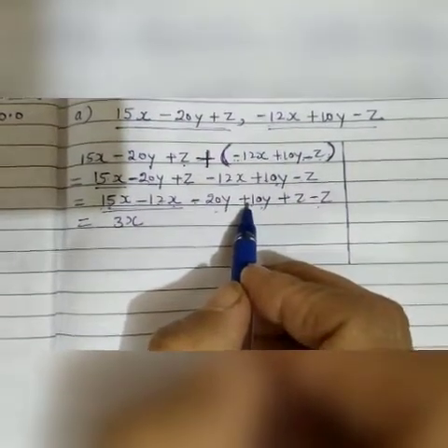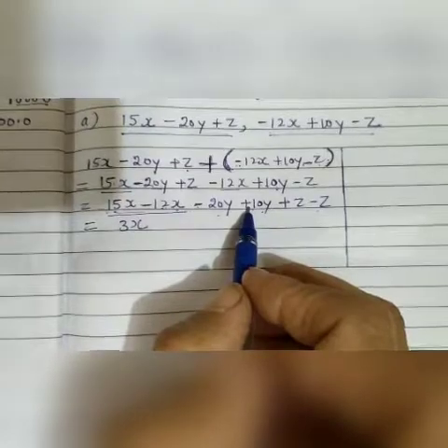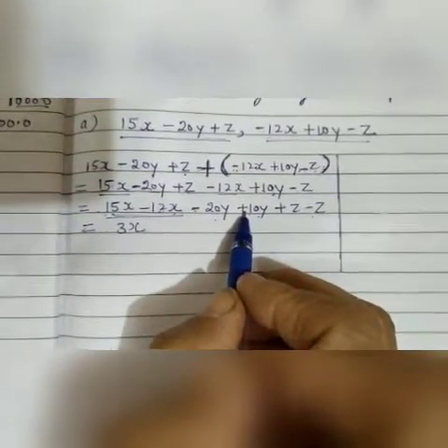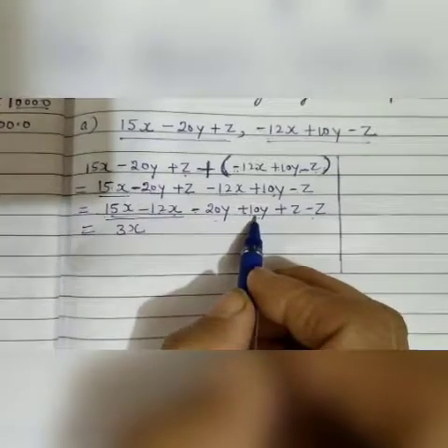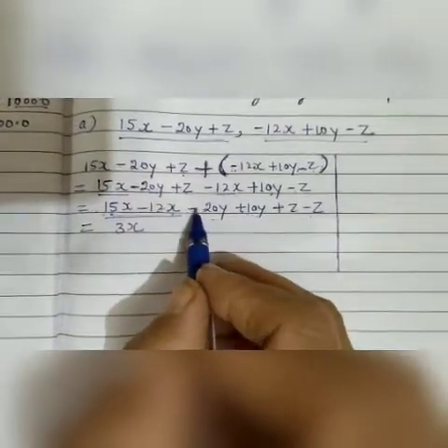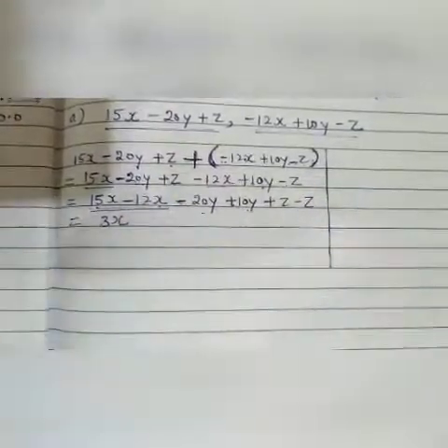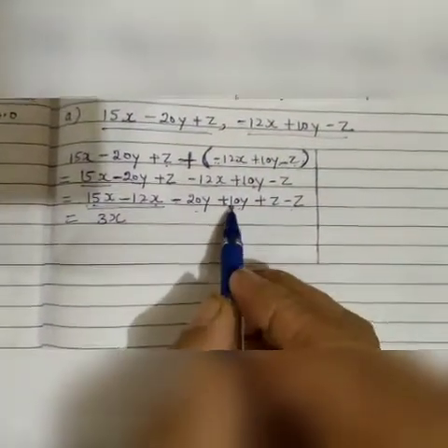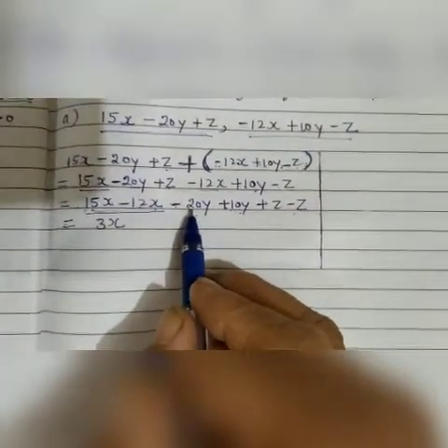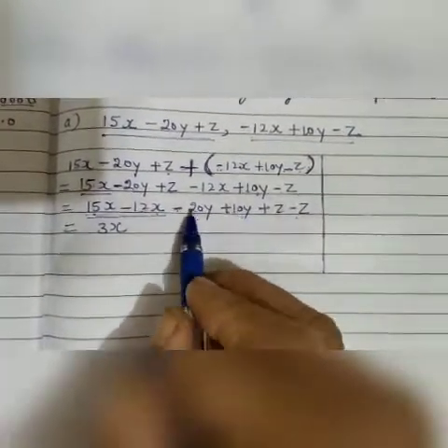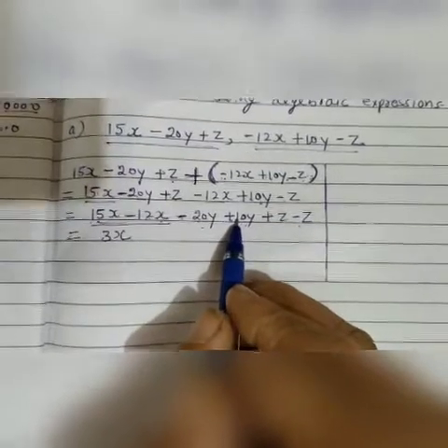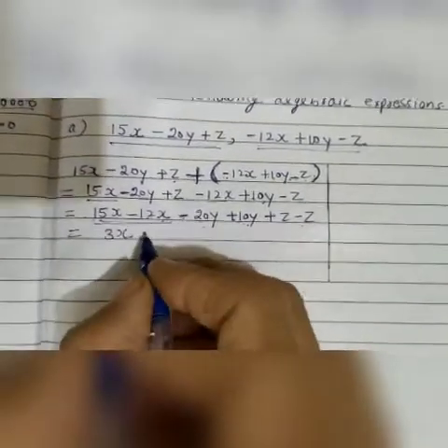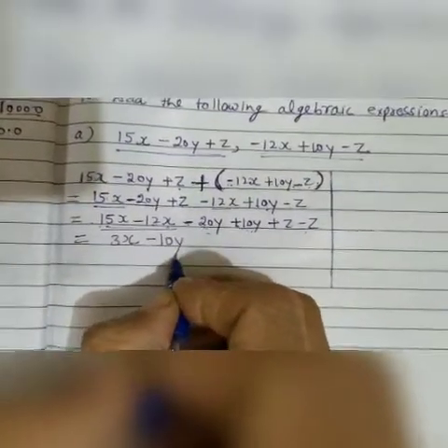Again we will subtract. You know students, when two terms are with different sign, terms should be like terms, not unlike terms. So 20y and 10y both are like terms. One is with minus sign, other is with plus sign. So to simplify them, we will subtract the smaller number from the larger number. Larger number is 20, we will subtract 10 from 20, we get 10y. Then what is the sign before the larger number? It is minus. So we will write minus 10y.